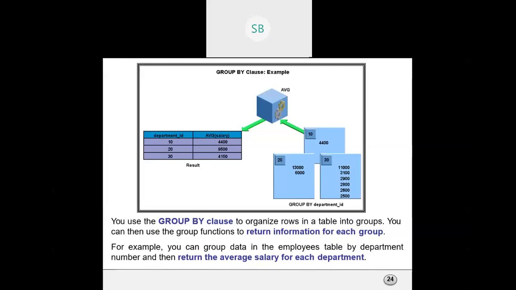In that case, you first group it and then you use the average function. Then it will be possible for you.